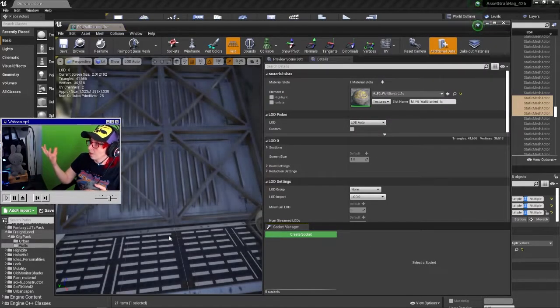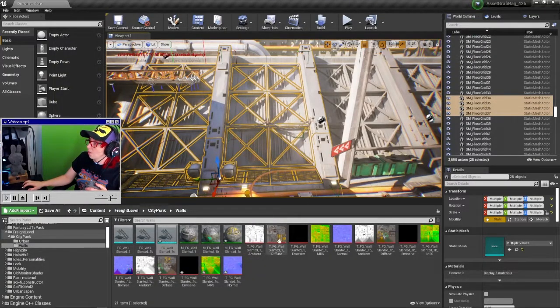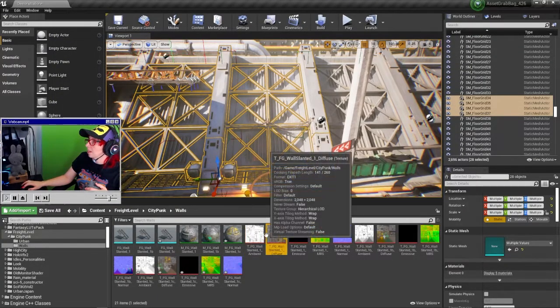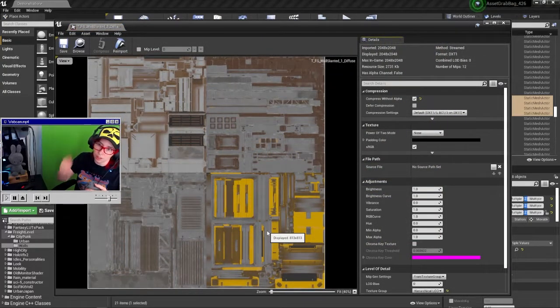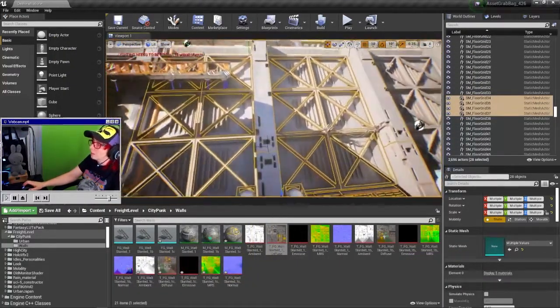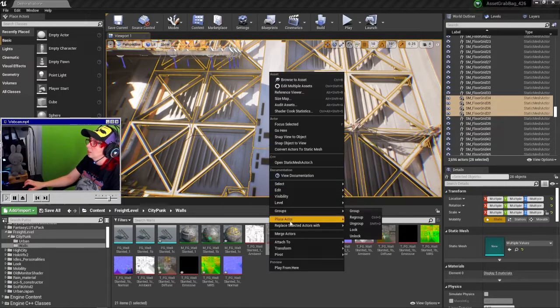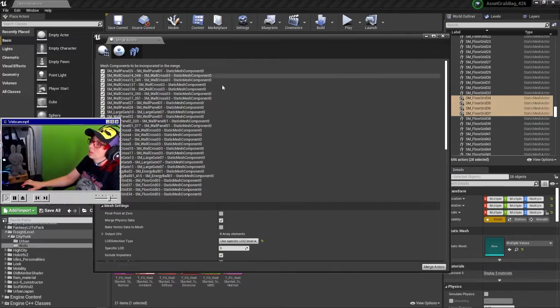All of the meshes are one asset, and all of their textures have been atlased and combined to one texture, one material, etc. Super easy to migrate to another object. So when you've got your little pieces all selected, you would just go right-click, merge actors, and